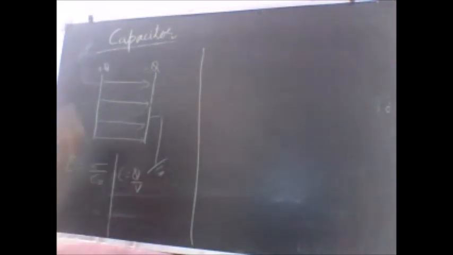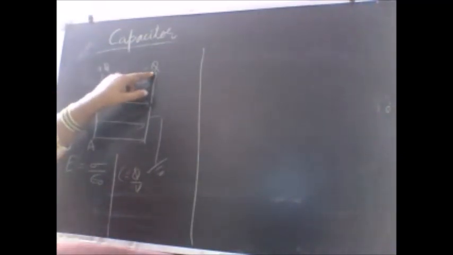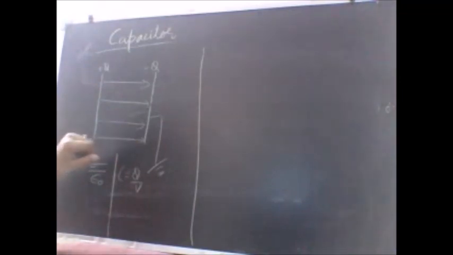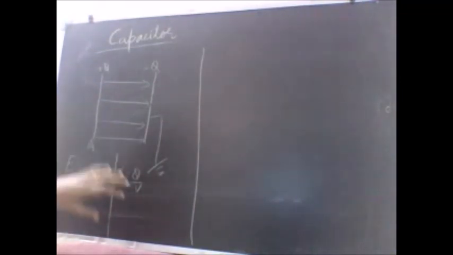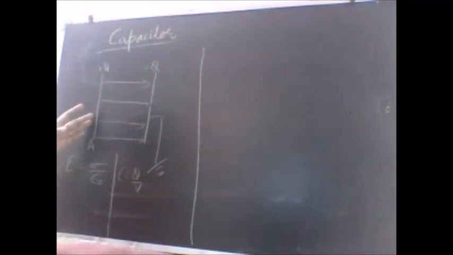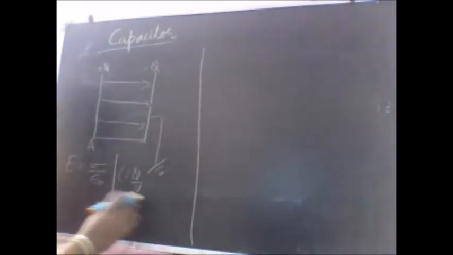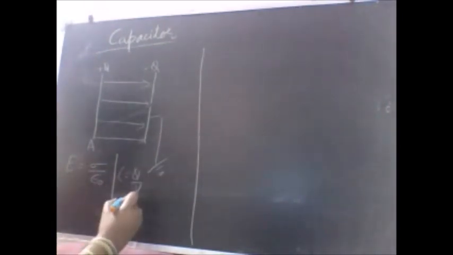Actually what we are doing is we are giving charge to one plate only. Let me call this plate A. We are giving charge plus Q to this one plate only, and due to this charge on the plate A, negative Q charge is induced here on this second plate. So when we define the capacitance as C is equal to Q by V, this Q is the charge on the plate A. So let us redefine the terms here.